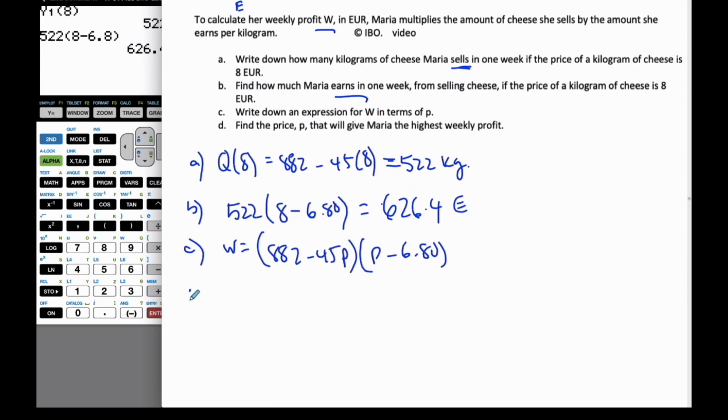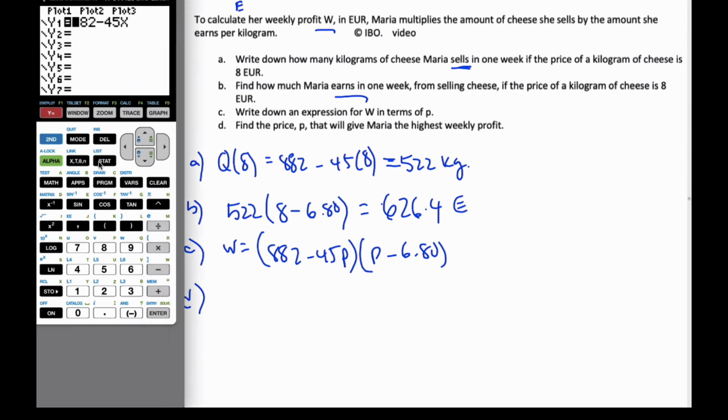And then finally part D says, find the price P that will give Maria the highest weekly profit. Well, this is a quadratic, so if I graph that quadratic, let me insert a parenthesis, go to the end of the function, and type in x minus 6.80, close the parenthesis. And so x is the price, so if I set my window price of 0, and let's make the price of cheese to be 25, we'll see what that looks like. And if I zoom to fit,